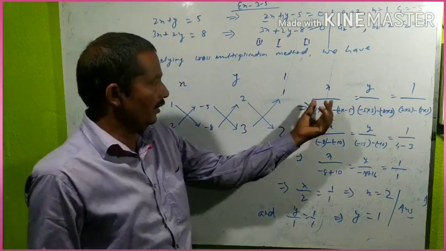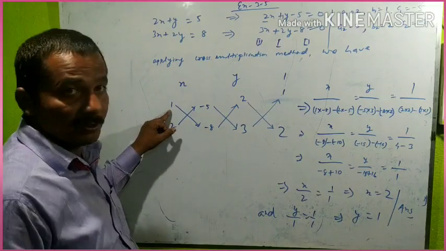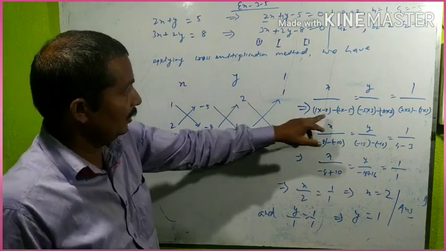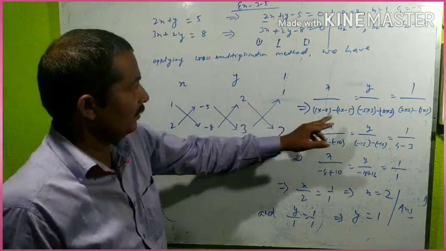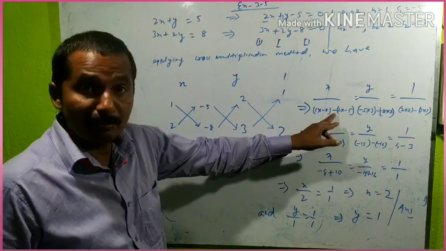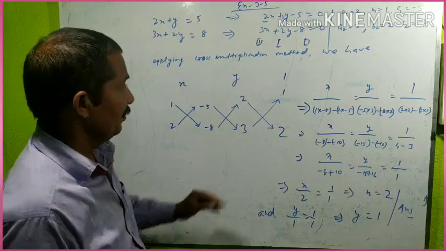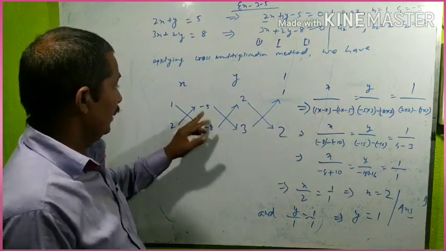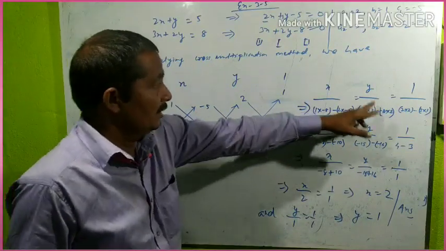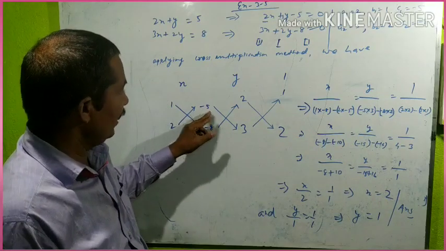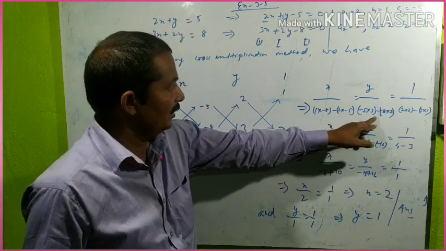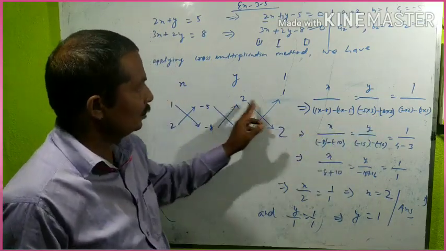I have solved here. Look, I have done cross multiplication. 1 into minus 8, 1 into minus 8, 2 into minus 5, but in the middle you will write a minus sign, keep in mind. Minus 2 into minus 5, because this is the basic form. And next, y by minus 5 into 3, minus 5 into 3, and minus 8 into 2, minus 8 into